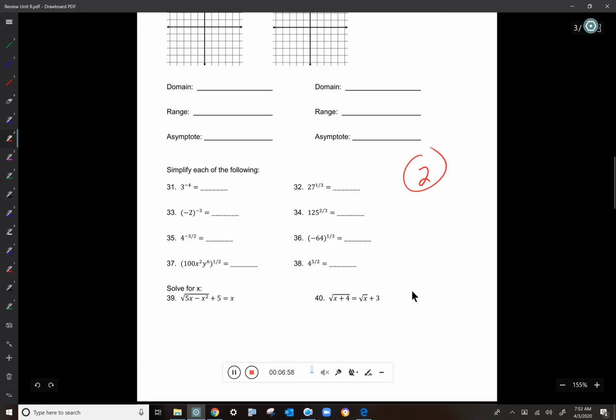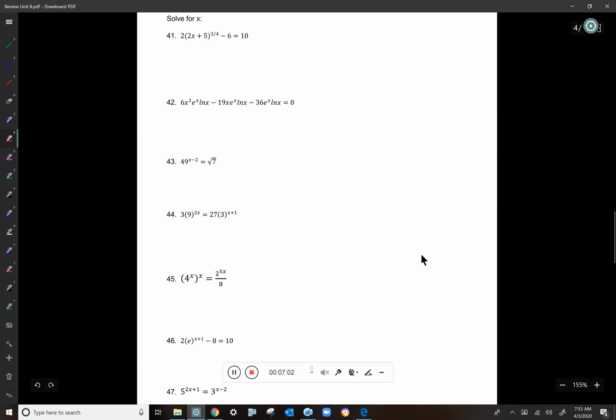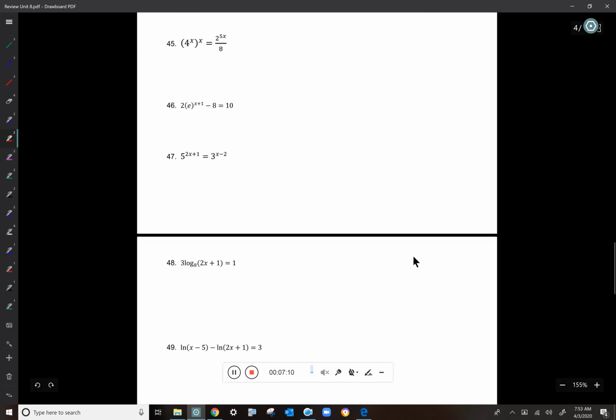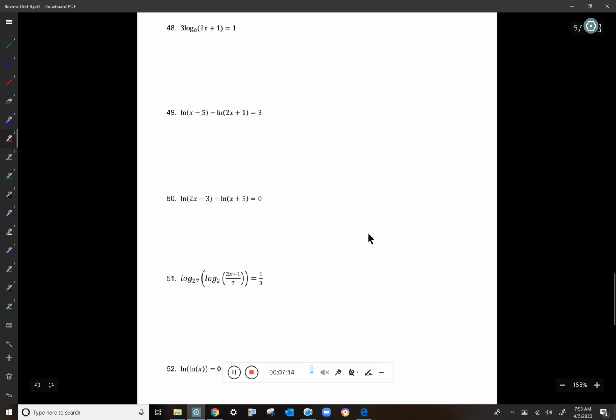I have no idea, but maybe 2 questions from this page. From the next page, this is when we start to get into solving the exponentials. I'm thinking on this page, a total of maybe 3 questions that might be similar to these. And then on the second to last page, when you're solving the log equations, maybe 2 of these, where you're solving log equations, maybe 1 basic and 1 not as basic.